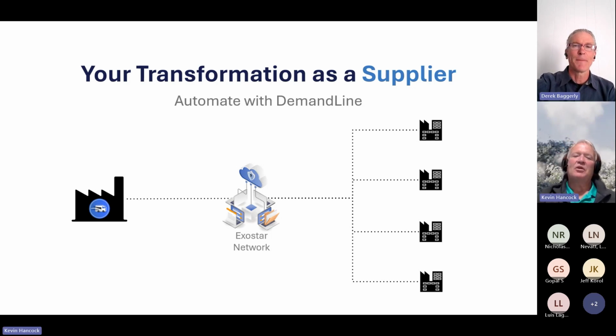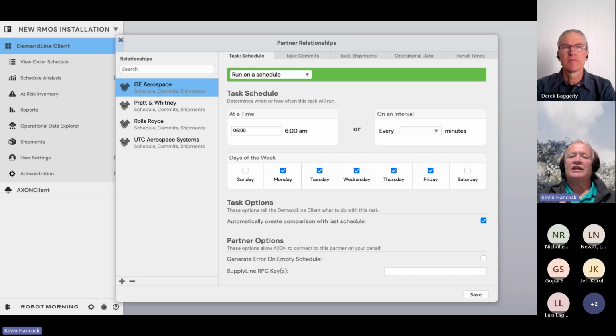Great. Now, what we're going to show you next is a series of screenshots that'll give you a feel for the kind of information and the kind of experience you'll have within the Demandline application itself. So the first thing we want to illustrate is how I make those connections with those different supply chain portals. This shows you that pick list. What you see here is 4 different supply chain portals.